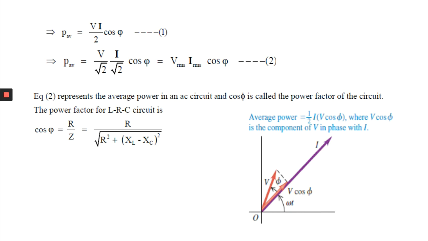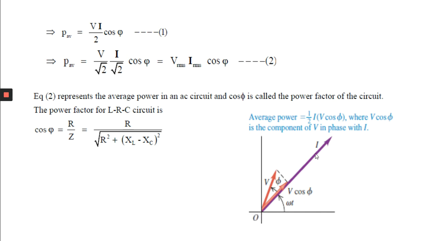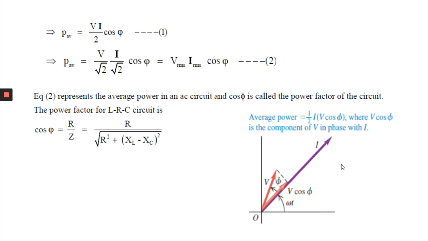Now let us draw a phasor diagram. When you draw a phasor diagram, as you know, the amplitude of the current is the rotating phasor. Similarly, the amplitude of the voltage is the rotating phasor. At any instant of time, for I the phase angle is omega t, but in the case of V, the phase angle is omega t plus phi. We are writing V equal to cos of omega t plus phi, and phi is the phase difference between V and I. So this is the phasor for voltage, this is the phasor for current.